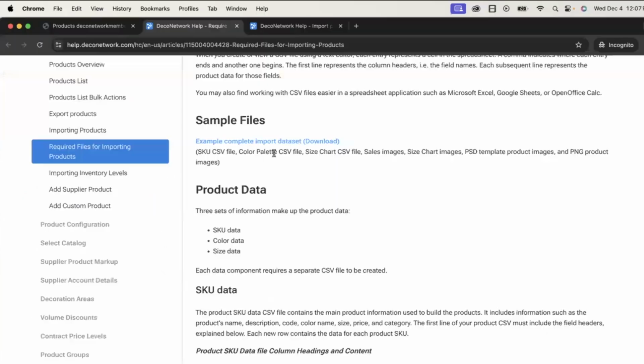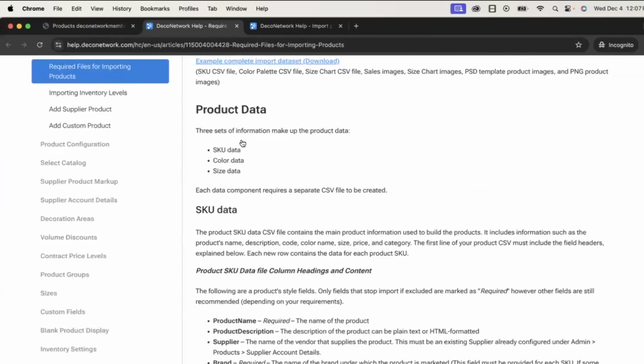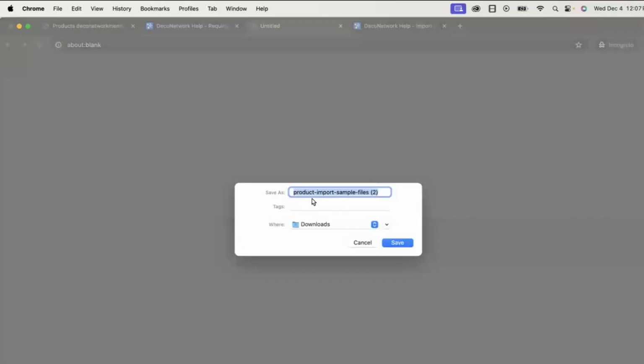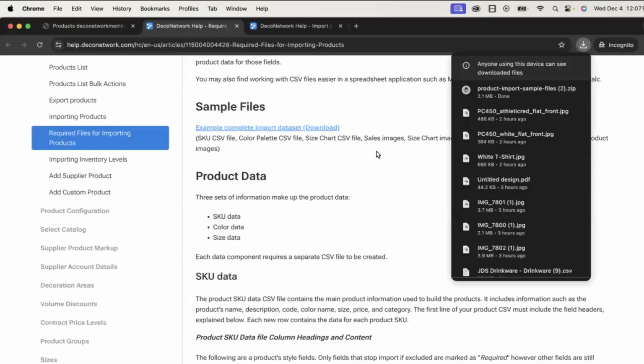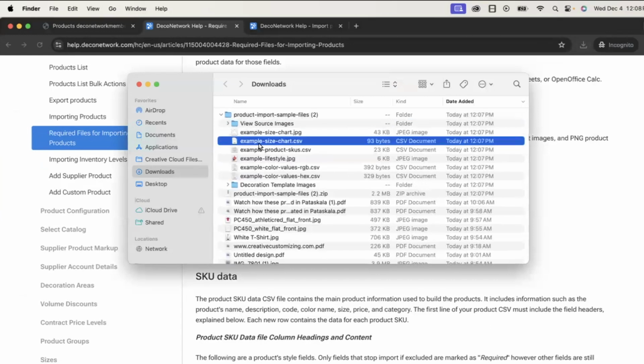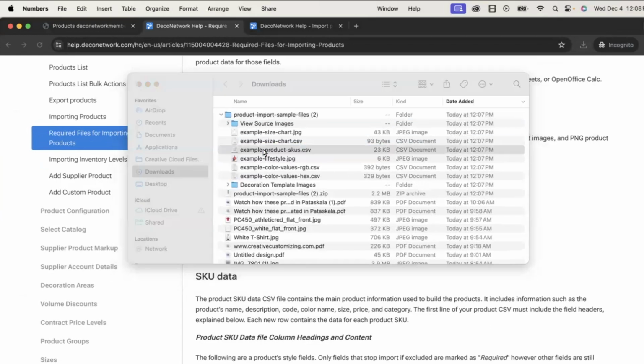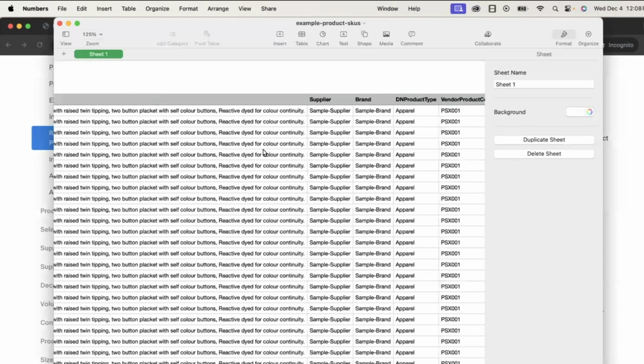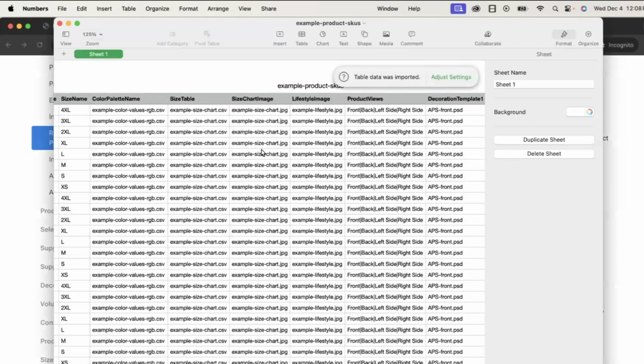So let's go back to this help article. And what you want to do anytime you're going to import something is download the actual sample files. So let's look at the sample files. And here is our product SKUs. So if I scroll all the way over,